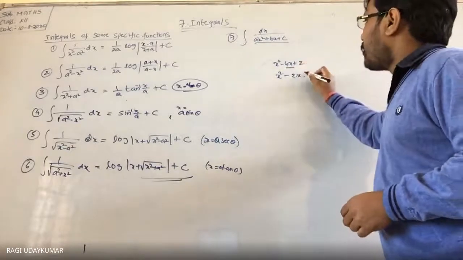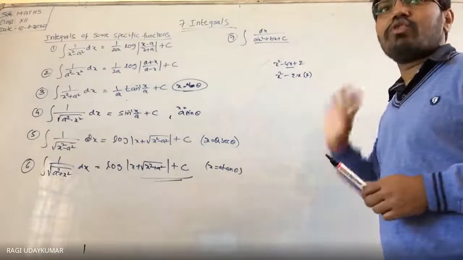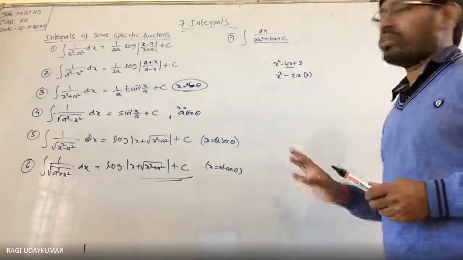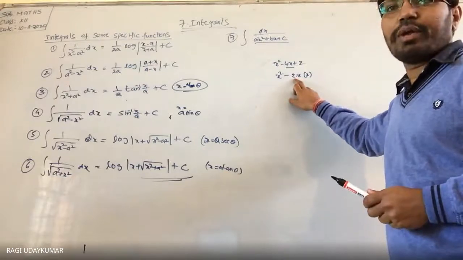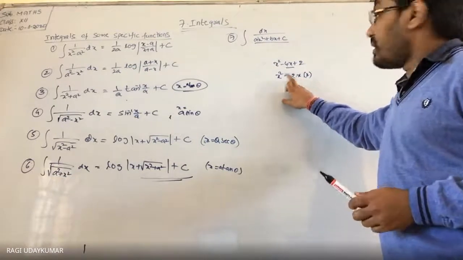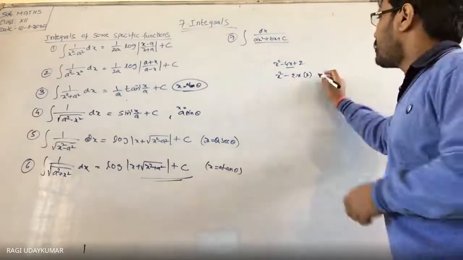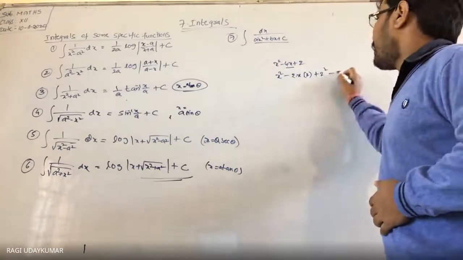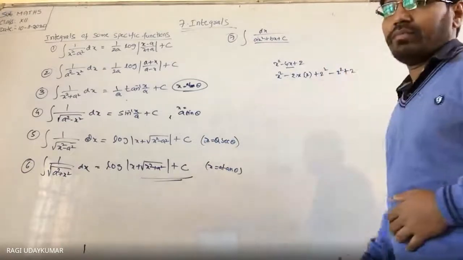So b value can be taken as 2, because 4x has to come. We need to get 4. 4x has to come, so if you take here 2 is fixed in the formula 2ab. A is fixed here, a square minus 2ab form. So b is fixed. So add 2 square and subtract 2 square, and write plus 2 here. Did you understand this?